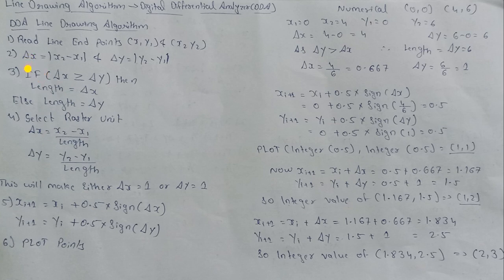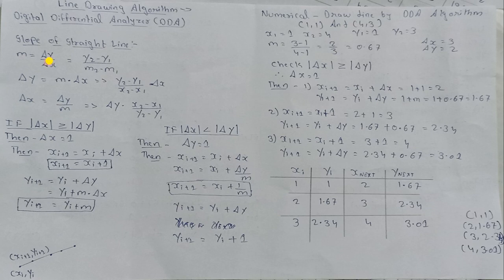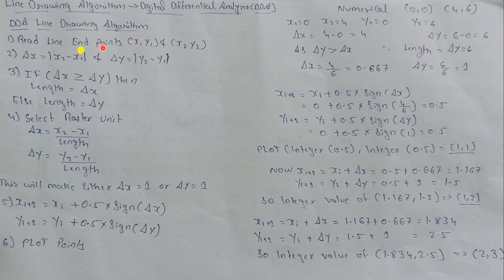If you watch the previous video, there m equals delta y divided by delta x, where delta y is y2 minus y1 and delta x is x2 minus x1. Here delta x is x2 minus x1 and delta y is y2 minus y1, but no slope is there. So if our delta x value is greater than or equal to delta y, then we will